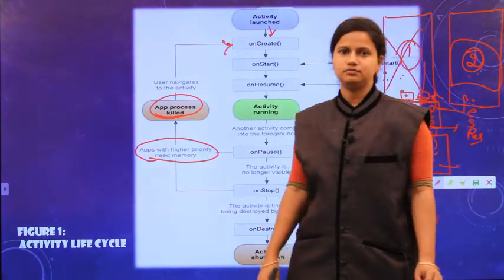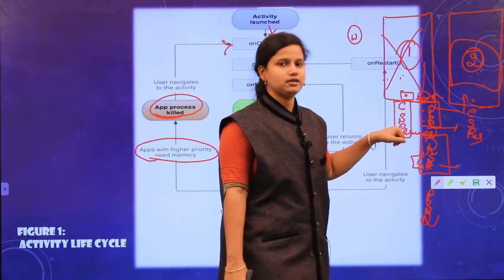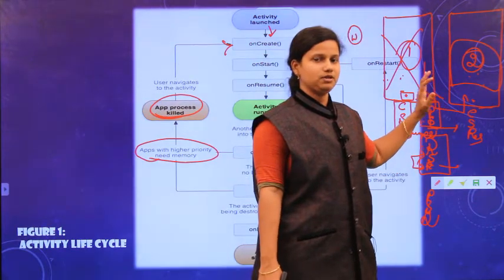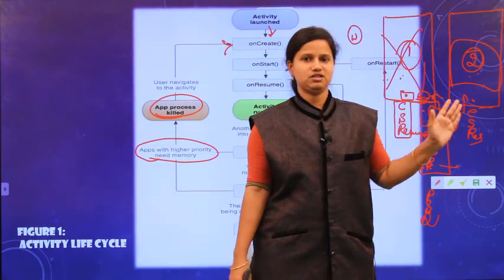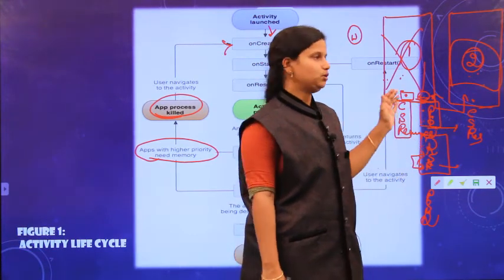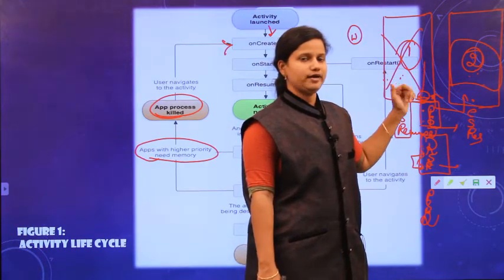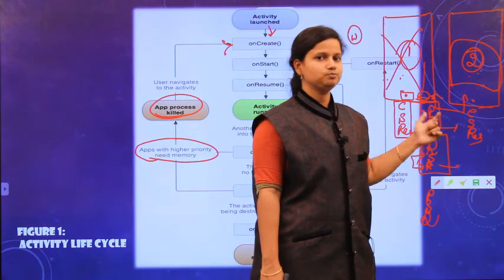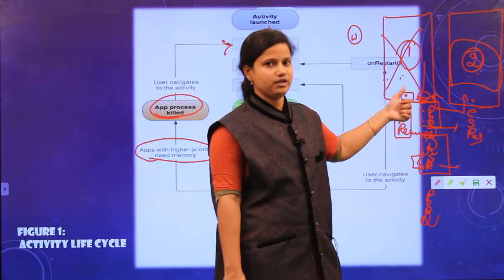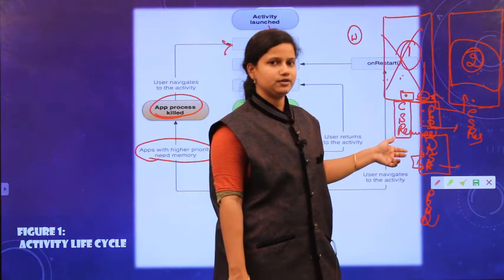So this is the activity life cycle. If you properly open it, it calls create, start, resume. If you are closing it properly, that means pressing the back button, it will call the remaining three methods: pause, stop, and destroy. But if you are not closing the activity and you move on to another activity, the present activity keeps running in the background. In that situation, it will call pause and stop. And when you move back from the second activity to the first activity, it will call restart, start and resume.